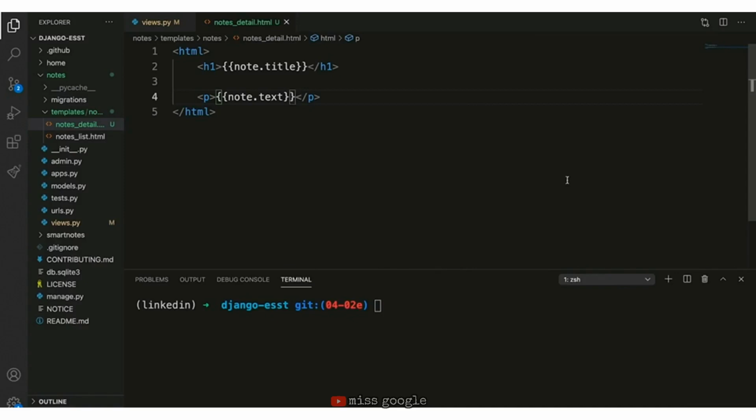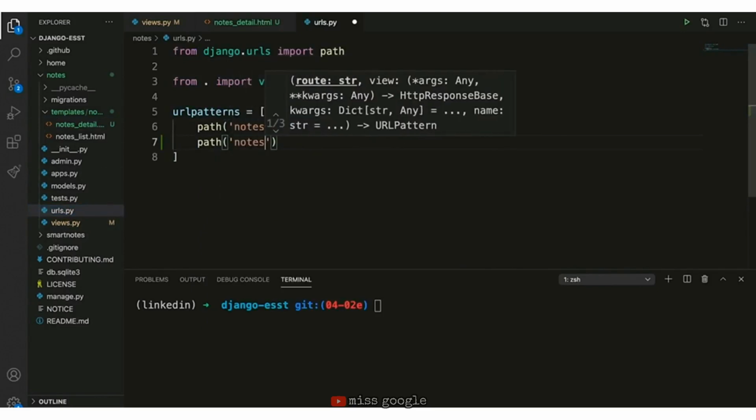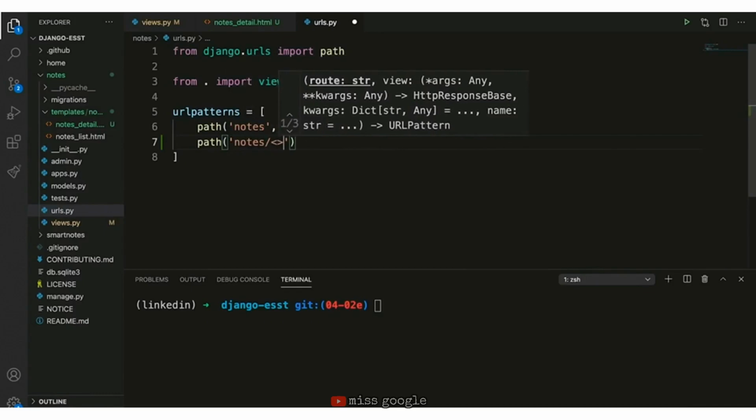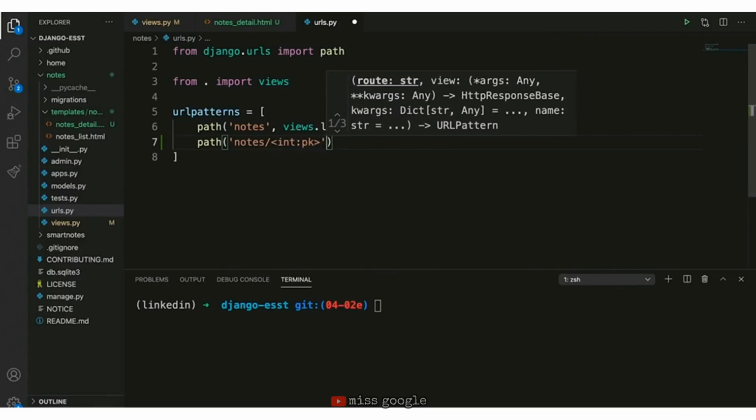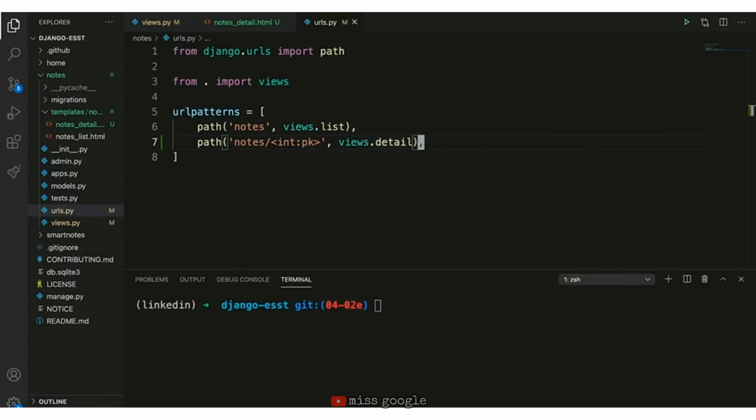Okay, so there's one thing still missing, which is the URL. This needs to be a slightly different URL because we need to be able to pass down the second parameter to that function. So let's do this by adding a new path here. So we're going to have notes, then slash, the less-than and greater-than sign, int:pk, great, and now the views.detail. Okay, so what we're telling here is that this URL will receive a new value named pk that will be an integer number. Now the only thing left to do is start the run server again